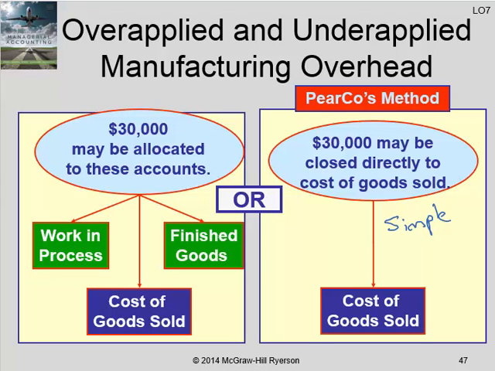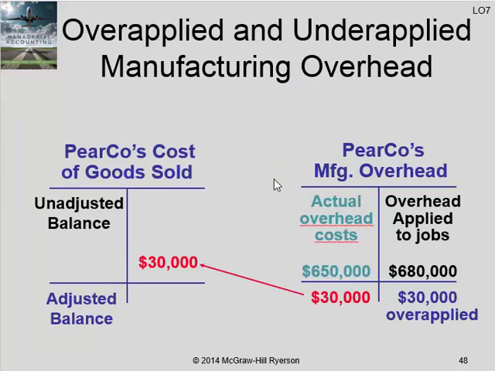We have just examined how we would go about accounting for over or under applied manufacturing overhead. Two different methods at play here. And the method being used in the example is this one here, parent company's method, the simplest method, where it's all dumped into cost of goods sold. And so from an accounting journal entry T account perspective, what that looks like is